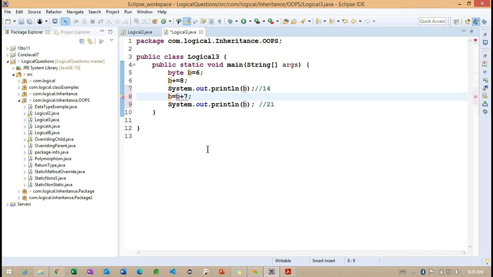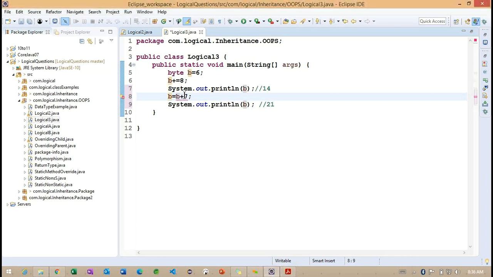Observe here, which is giving an error. Why is it giving an error? Now you need to think about what we are doing here.